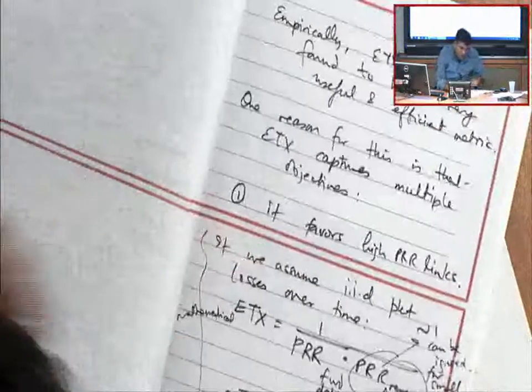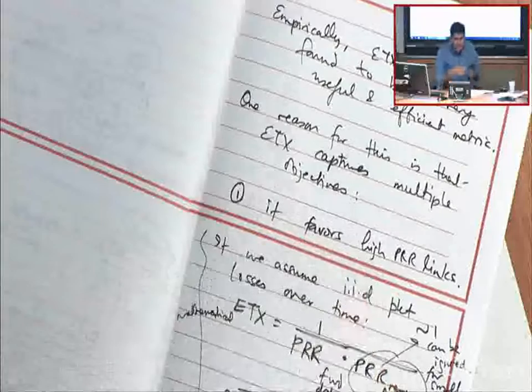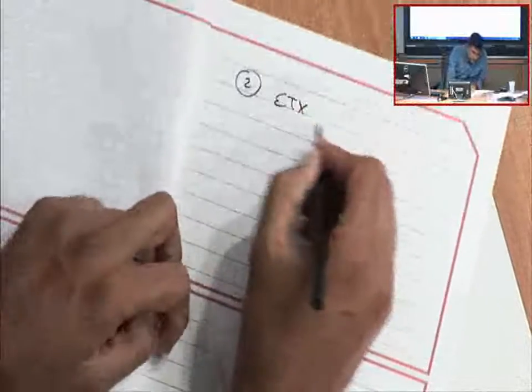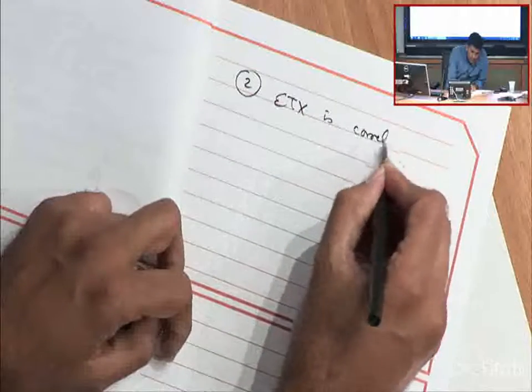So one reason why the ETX tends to do well is that you tend to pick good quality links. The second is that ETX is correlated with